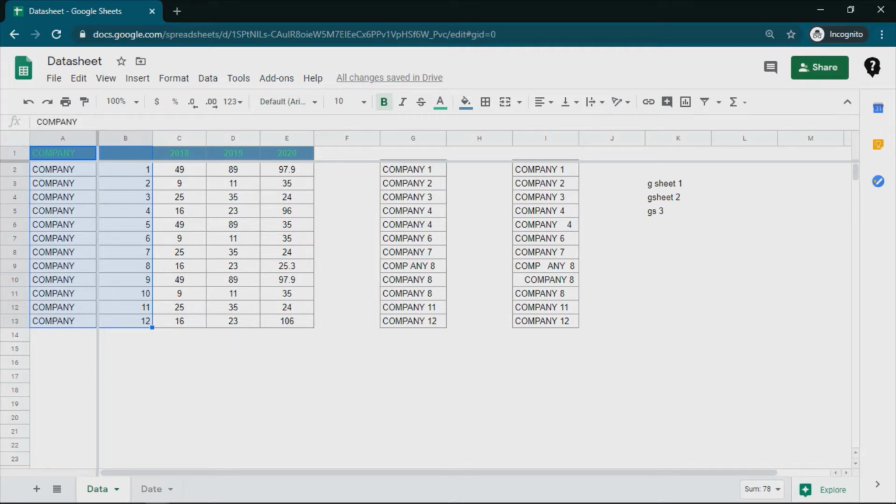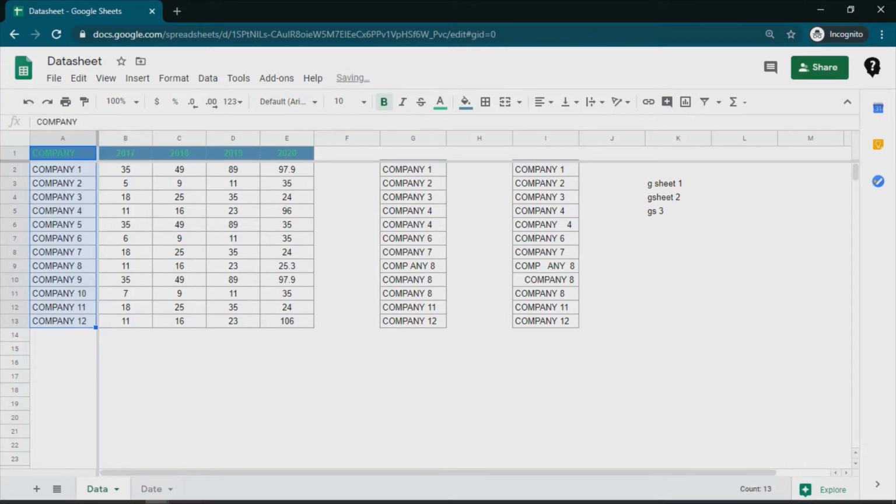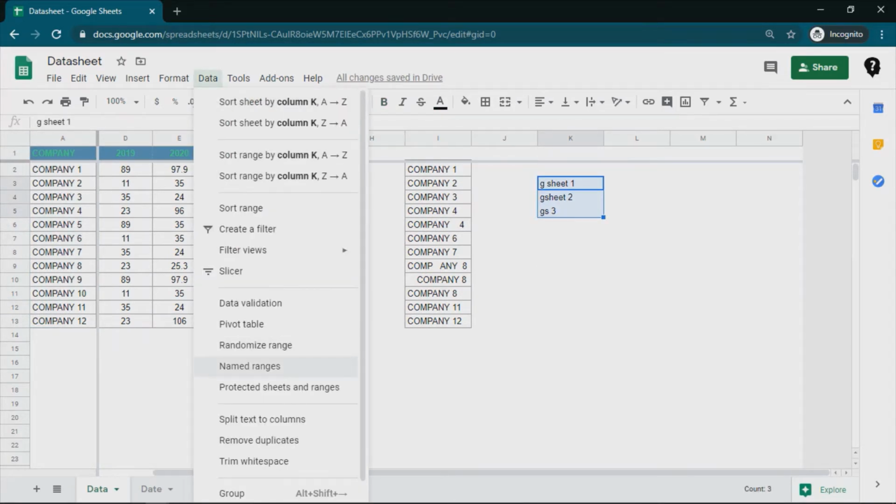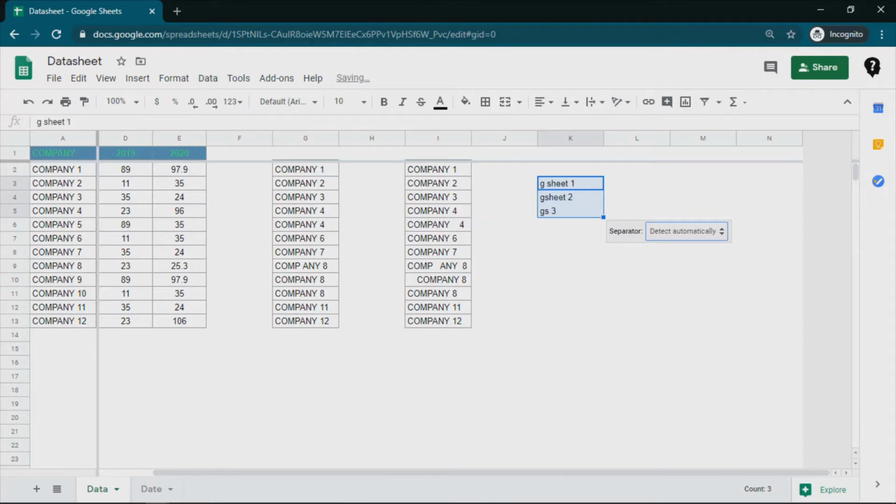If we have different types of criteria available and then we go ahead with this command, it will ask us for the separator. If you look here, default is detect automatically. Then we either have comma separation, semicolon, period, space, etc., or we can go by the custom method.